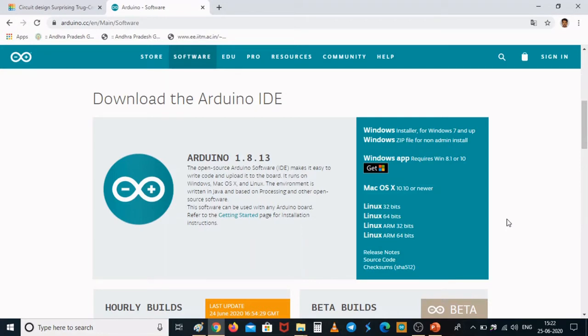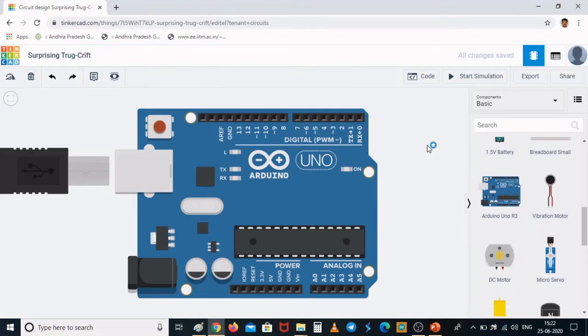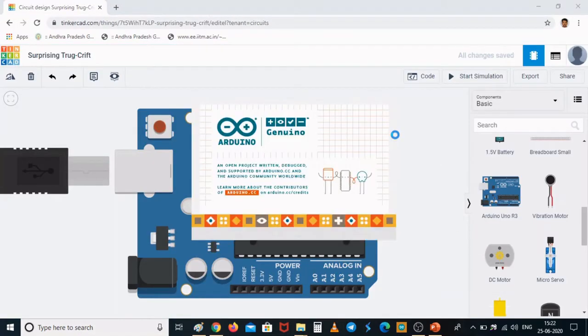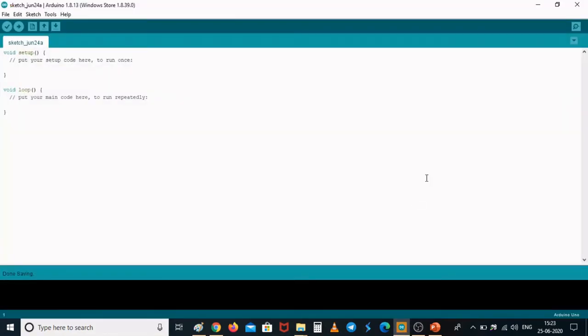After installing, when you open the Arduino IDE, I'll show you how it looks. When once you install and open it, it looks like this. I have installed it and I am opening it for the very first time. You could see several menus in the menu bar like File, Edit, Sketch, Tools, Help.